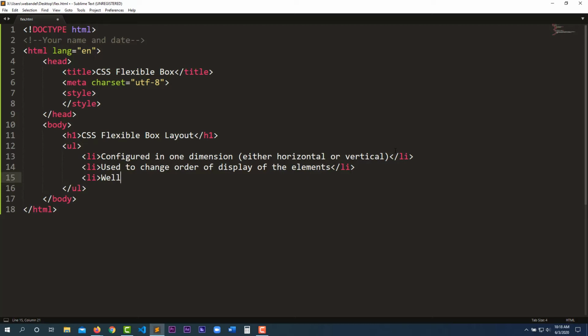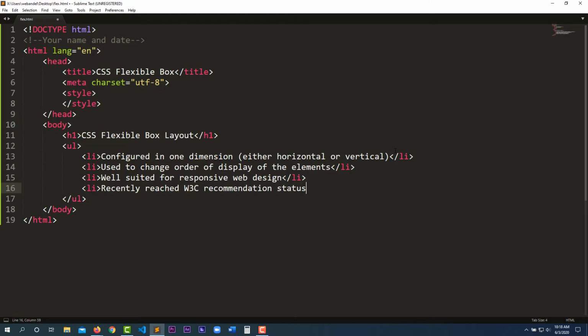The flexible box layout is well suited for responsive web design. It has recently reached W3C